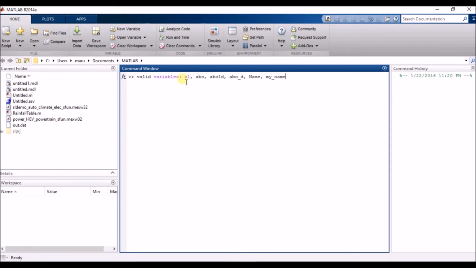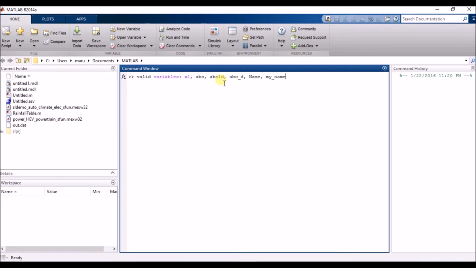These are all there. In the examples I explained here, these three things are available within the valid variables, and a valid variable must begin with a letter only, not with a number. Here we can distinguish uppercase and lowercase letters. In the middle of any variable we don't keep a blank, that means a space, when assigning variables within MATLAB.